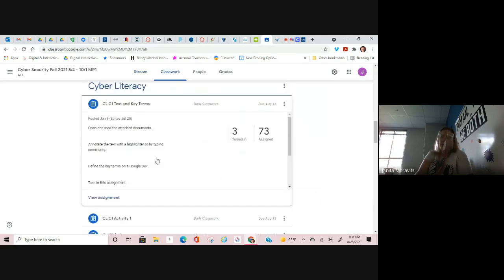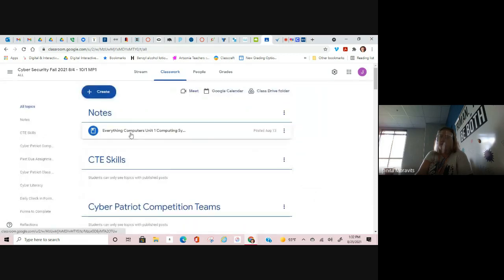Under classwork, if we look right up here, we are done with spending class time on these notes right here. We've had more than enough time in class to do that. We're moving on. You have access to this on your Google Classroom. Whether you are in cybersecurity or computer science, it doesn't matter. Both classes are doing the same things kind of right now. We'll split up later on. But these set of notes right here, we're done spending class time on.